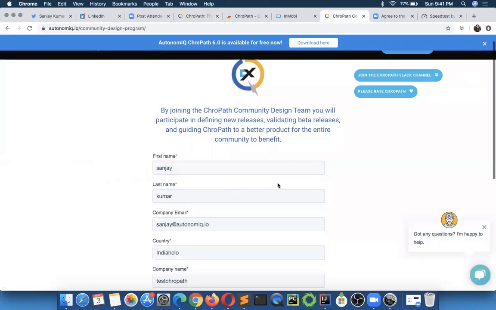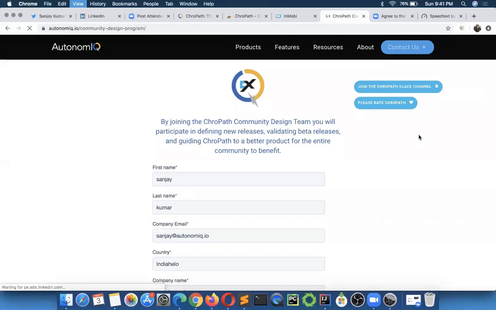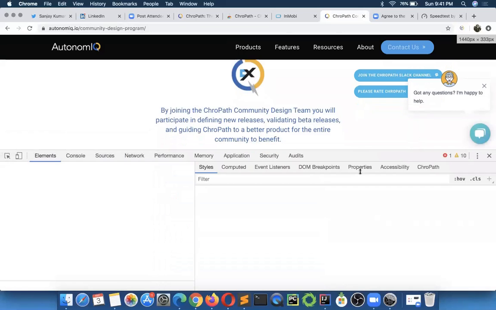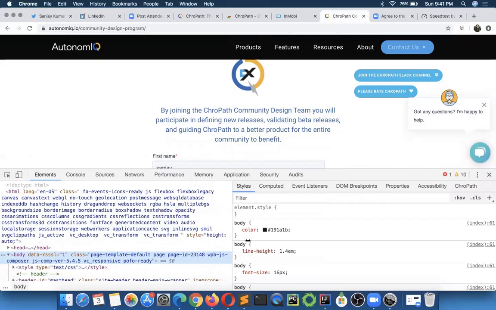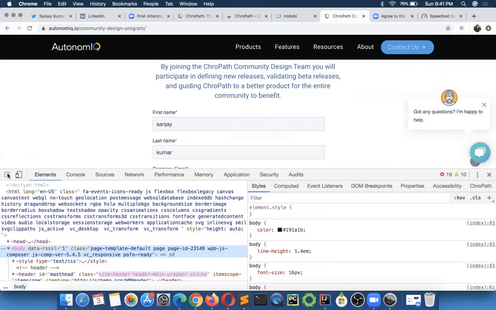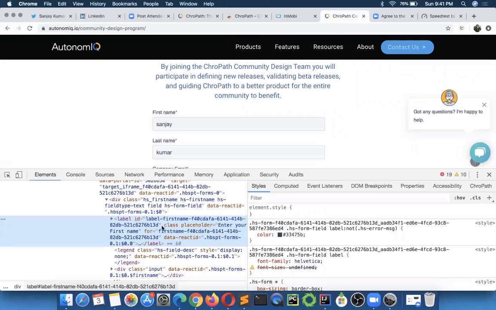Today you might have wasted a lot of time. If you inspect this element, you will never come to know that it is inside an iframe.